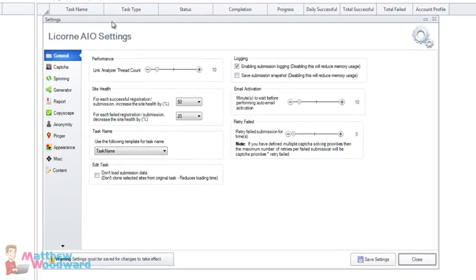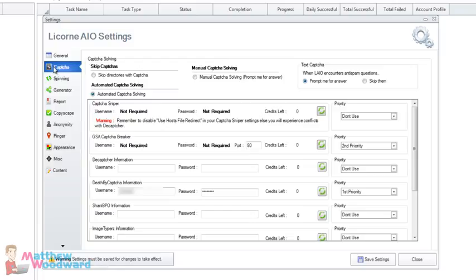Now for the most part you can leave these at default and they are very self-explanatory. The only thing I do is increase the email activation time here up to around 45 minutes. Here you can set up your capture services. You can see I have Death by Capture set up as the first priority and GSA Capture Breaker as the